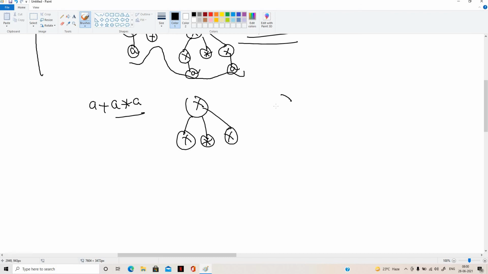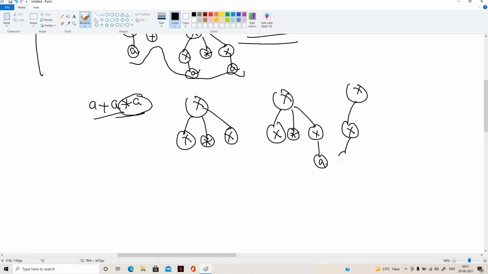Then what I am doing is, I go with x star, and x will be replaced with a, so I got a star. Then what am I supposed to take? A plus a, so that means x. This x will be replaced with x plus x only. Then star, then x, then I got a, a star. Now I am supposed to do a plus x, so that can be done here.